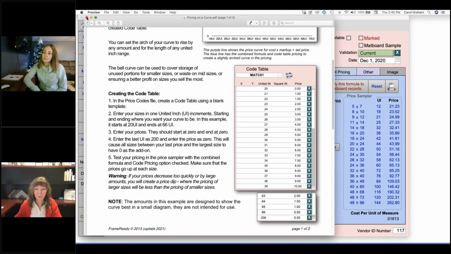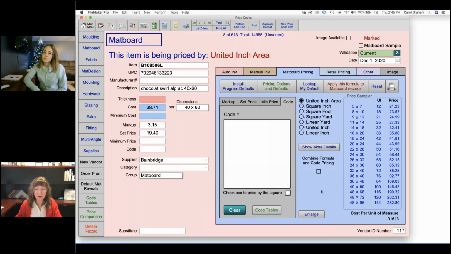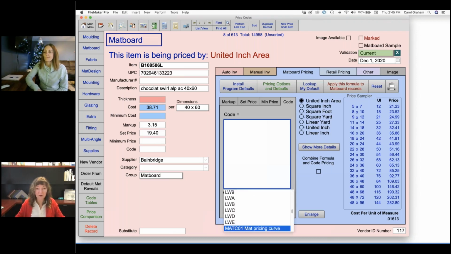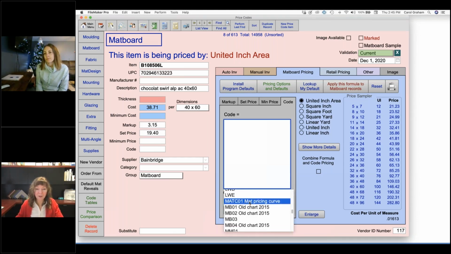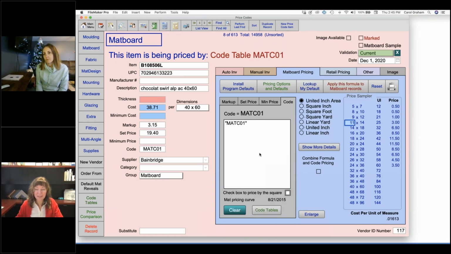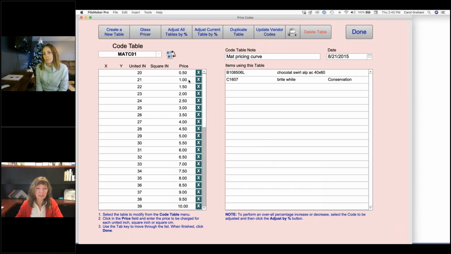So I'm going to close that one out, and let's go back to the code table. If I click on here, I have a code table in here. There we go, my mat curve pricing chart. When I enter that in, you can see how even just with the curve alone, it just adds that little amount in. If I go take a look at the code table in detail, you can see where it